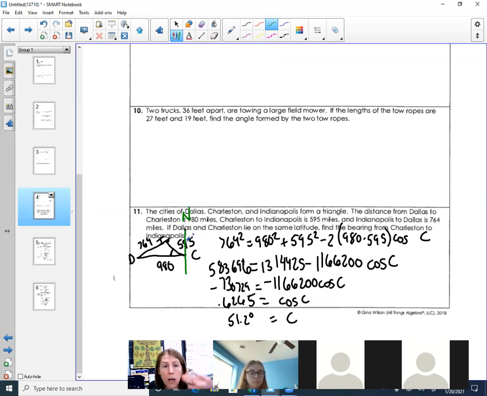You have to think about you're going upwards. That's why it's north. And then it's from the north axis down. So right here, my angle is 51.2. I'm going to take 90 minus 51.2 and get